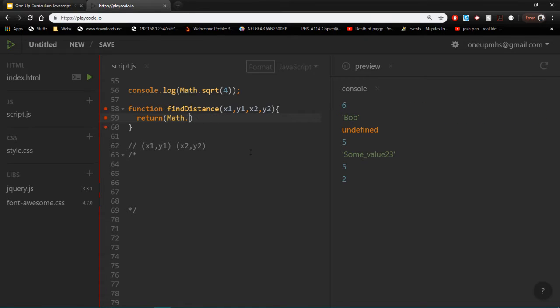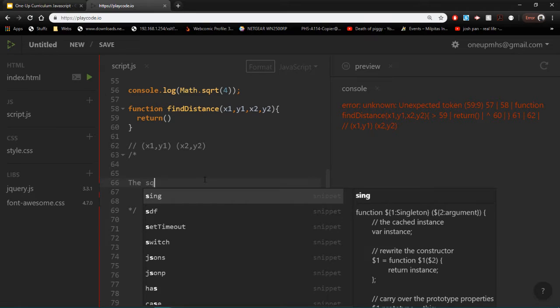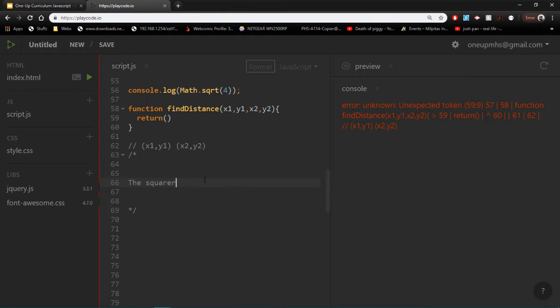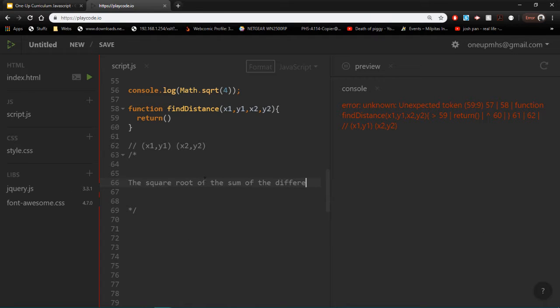Before I write that whole function out, I'm going to map all this out. So I need the square root, sorry, it's the square root of the sum of the differences of the coordinates squared. Now I'm going to break this sentence up, and you're going to have to do this a lot when you're building your own functions. You're going to have to get used to planning things out before you actually start